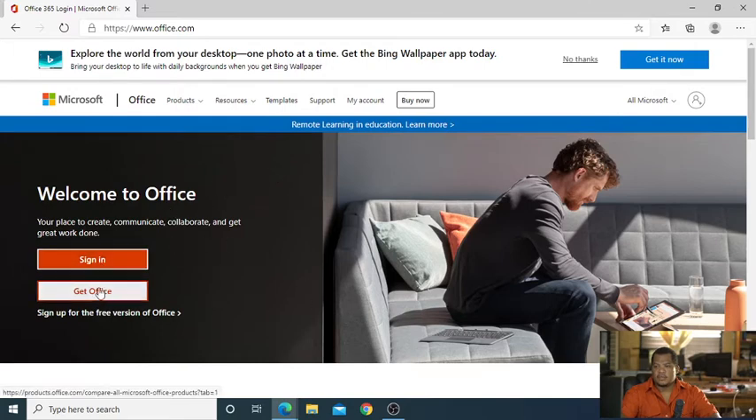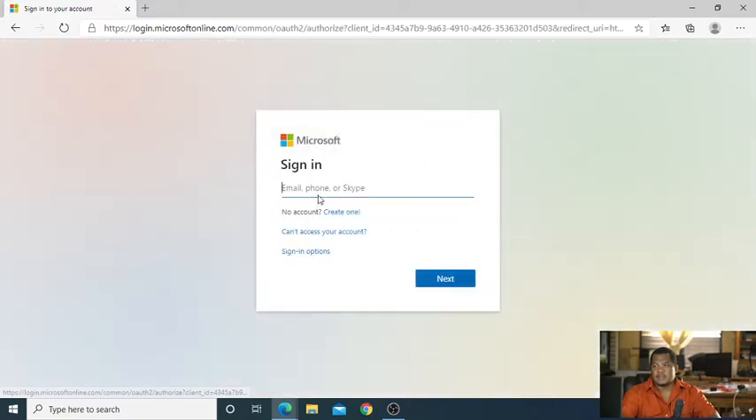So don't click on get Office, because that means you're purchasing it. And of course, if you want some of the other features, then you can go ahead and purchase that, right? But sign in, this is in order for you to use it for free. It requires a Microsoft account, so you'll need a Microsoft account. If you don't have one, it's easy to create one, so just go ahead and create one. It's totally free, right? You don't need to pay to create a Microsoft account. Then you can